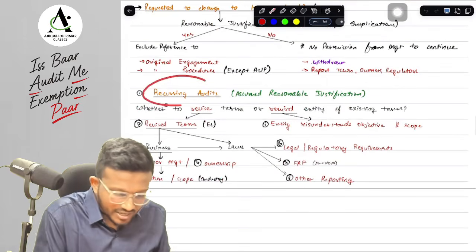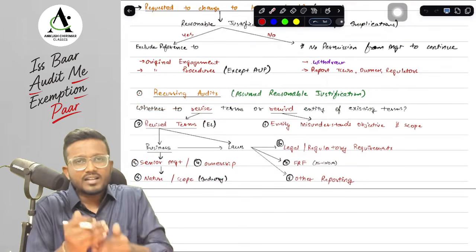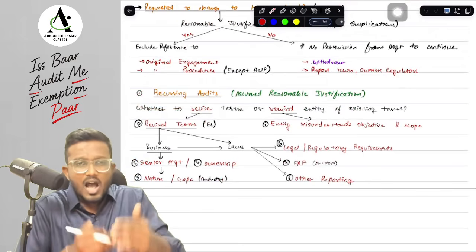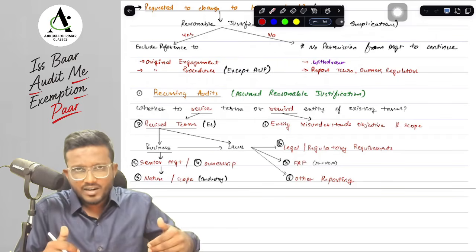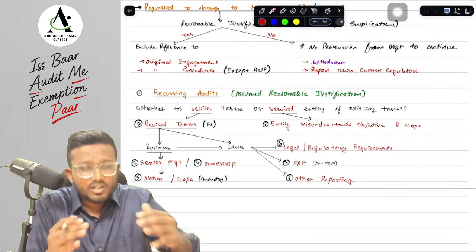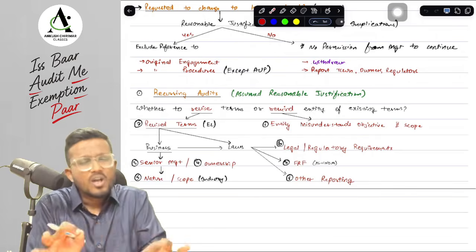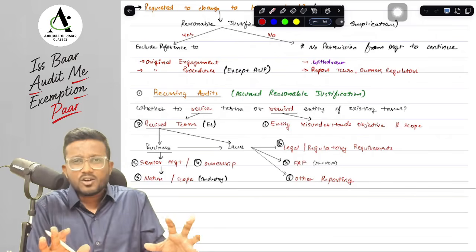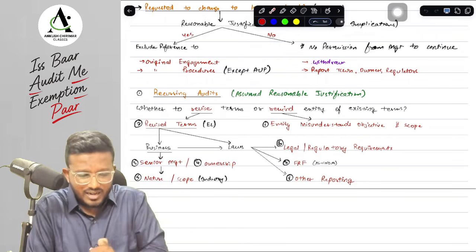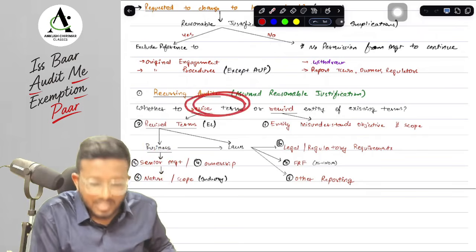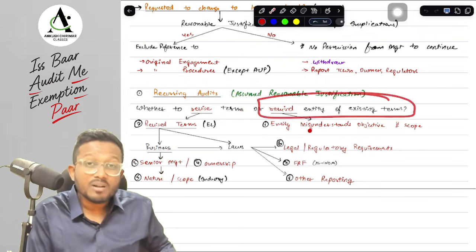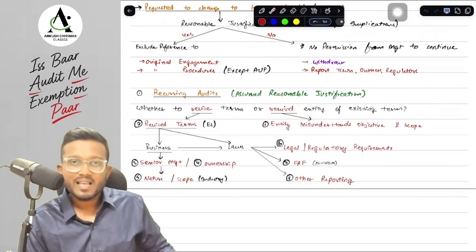Next, there is a concept of recurring audit. What is recurring audit? I am auditing the entity from year to year. In the first year, we agreed on the engagement letter. Now every year, do we need to change the engagement letter, or send it to the entity? No, you don't need to change or send the engagement letter every year unless there are factors. There are some factors where you need to revise the terms of engagement or remind the entity of the terms of the engagement.